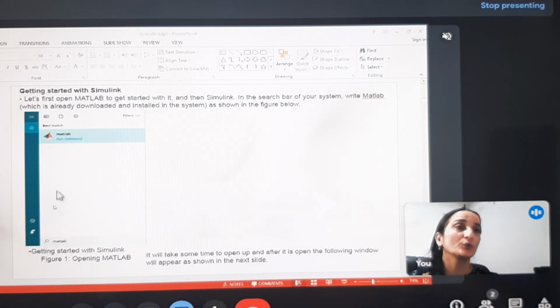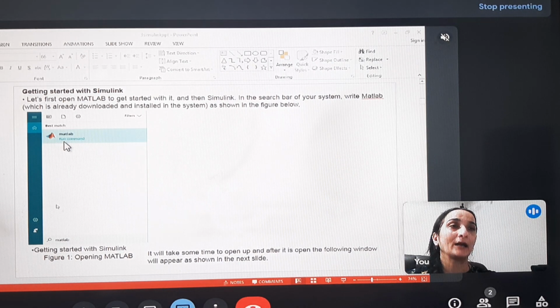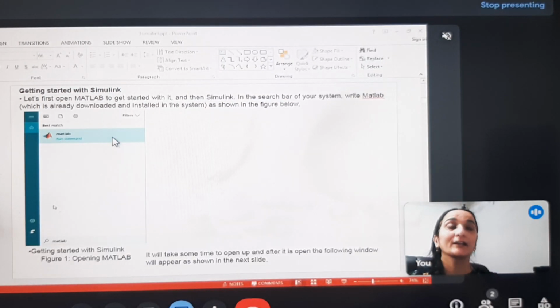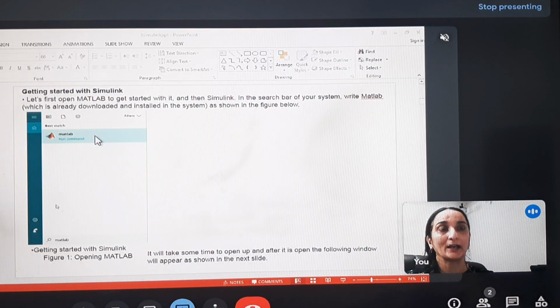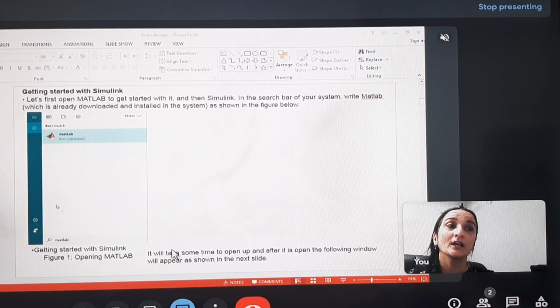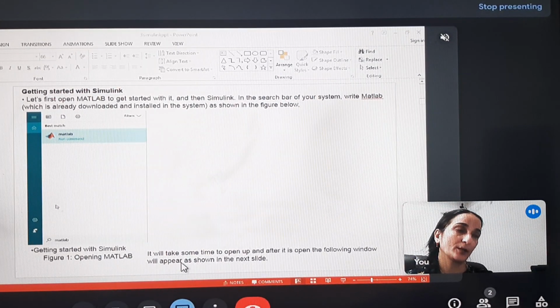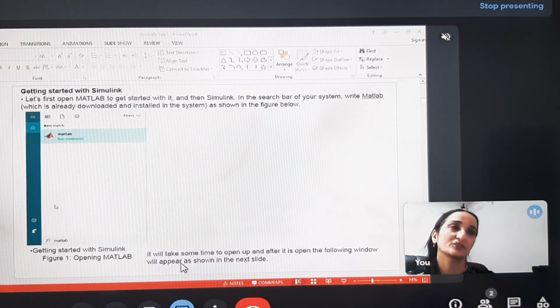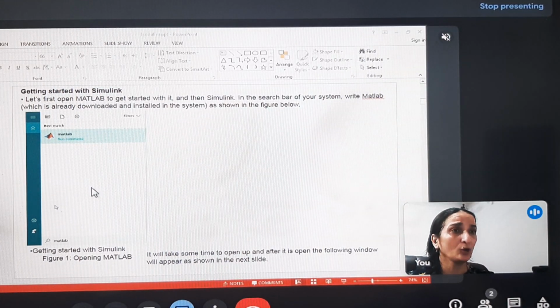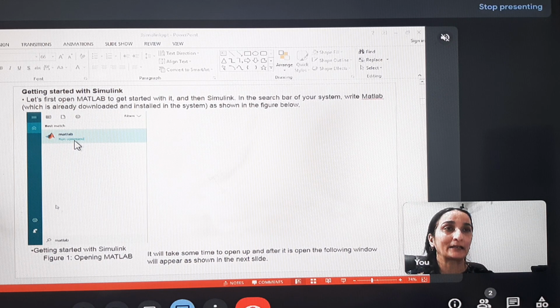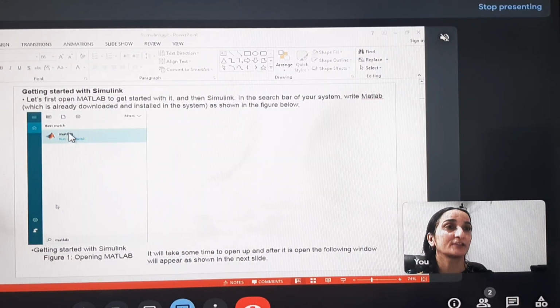Okay, then you will find this Matlab run command. Click on this Matlab run command. It may take some time to open up because it is a heavy software. Now, when we click on the Matlab run command,